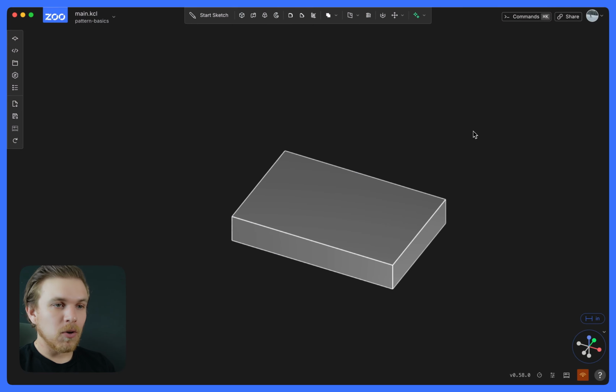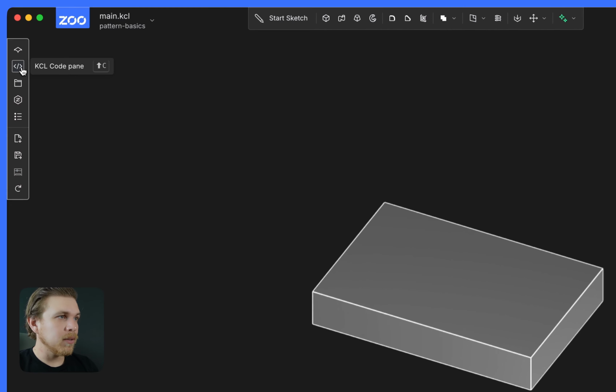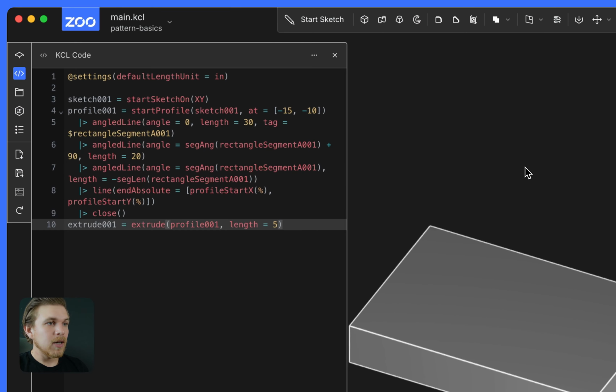In this video, we're going to go over the basics of patterns, both in 2D and 3D, so sketches and 3D geometry. One thing to note about patterns is that they can only be done in KCL today. With that being said, let's open up the KCL code pane. And here I have my basic extrusion, my rectangular prism,